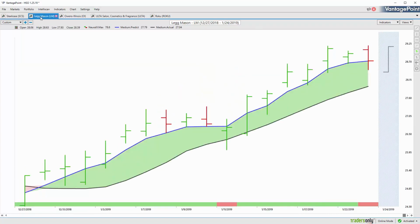So moving forward with all of that understood, it doesn't really matter where you're trading in the market. There may be nuances as far as whether you're trading something like Steelcase or, in this case, Legg Mason, or a financial stock, right? But you see here the blue line crosses above the black line. The neural index is really up here for pretty much the duration. A couple of days you pop down to the red, but the blue line is also well above that black line, indicating, look, a very strong trend. And so